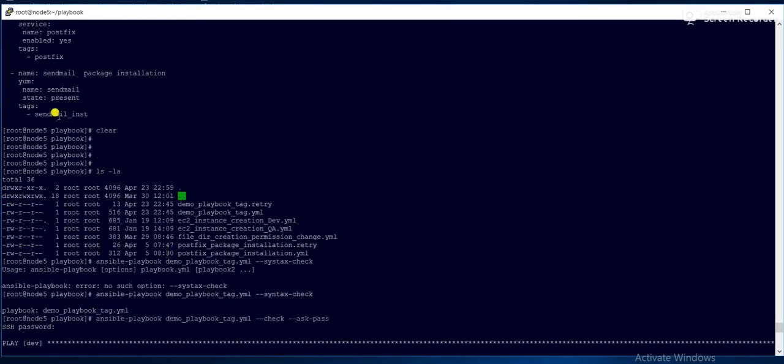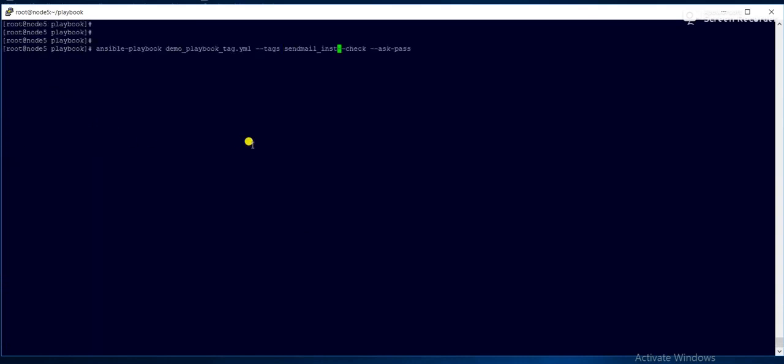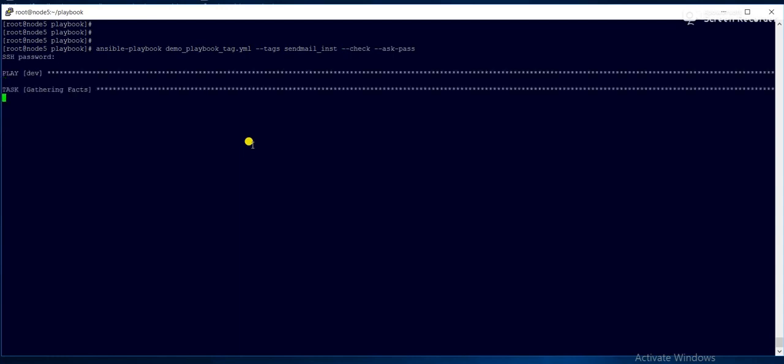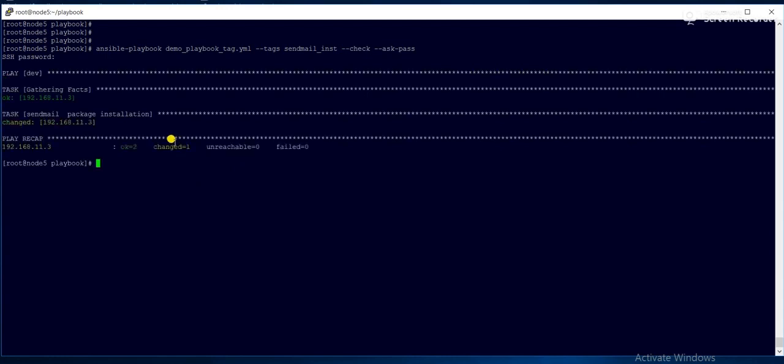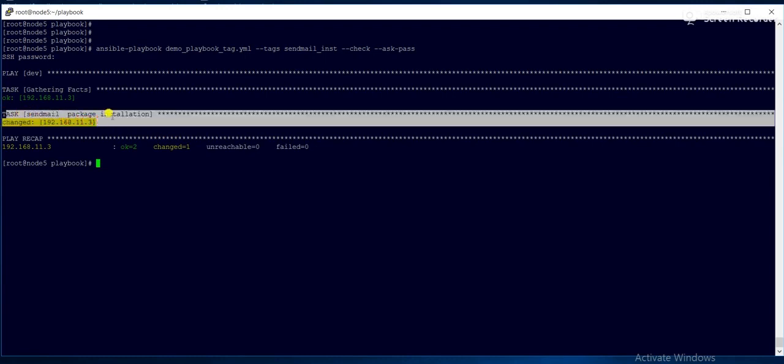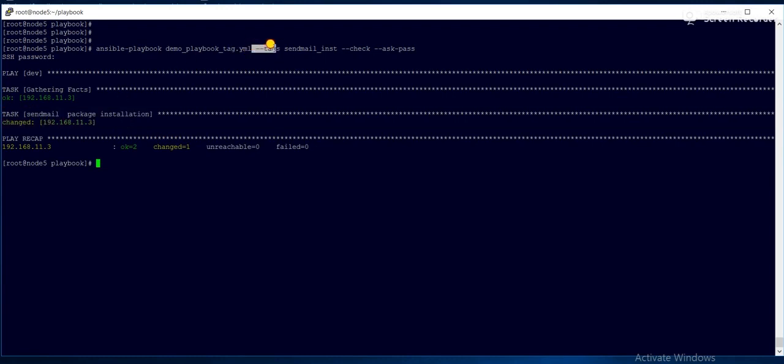The tag name is sendmail_inst. Now see, it will not execute everything; it will execute only this task. So you can pass the parameter --tags, then the tag name for the task.